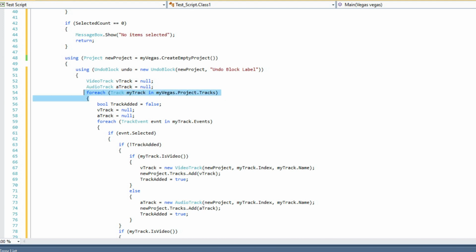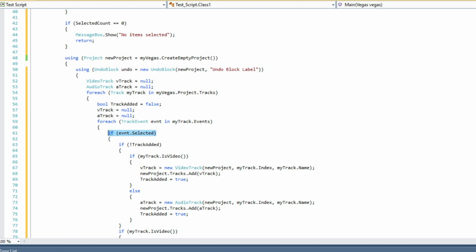So for each track, my track in myvegas.project.tracks, I'm going to set track added equal to false, and then I'm going to set both of these variables equal to null, and then we're going to change one of them if an event is selected. So for each track event in my track.events, if the event is selected,